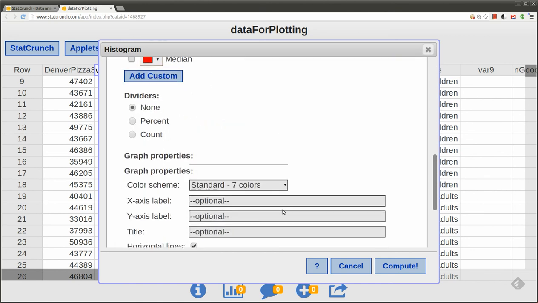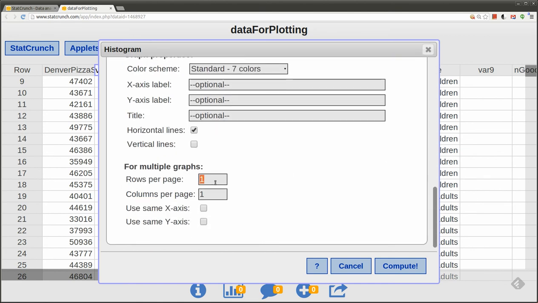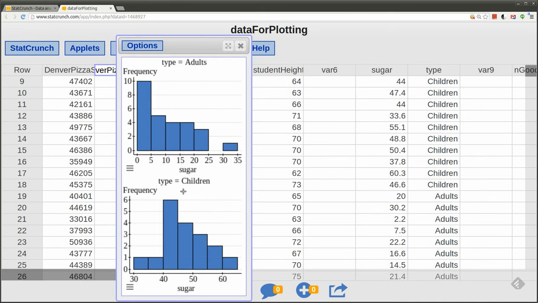Again, scroll all the way down to the bottom for those multiple graphs. Here we're going to put 2 on a page. For the moment, I'm going to leave this x-axis unchecked just so we can see what happens. When we click Compute, these look really similar, until you start to realize that this bar here actually belongs way